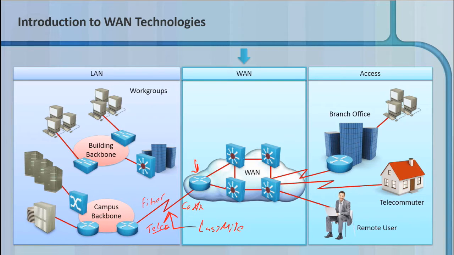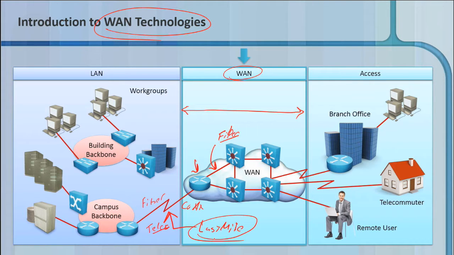Once you hit the edge of the service provider network, good chance that this is all going to be fiber and that it's all going to be Ethernet. So the WAN technologies that we talk about, a lot of people might assume that if you connect to something via frame relay, it would be frame relay from one edge to the other of the service provider network. And that's not really the case. A lot of times what we're looking at is the last mile technologies, and then everything within the provider network is probably going to be high-speed fiber.